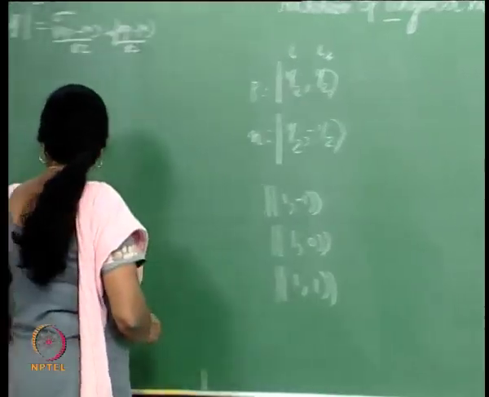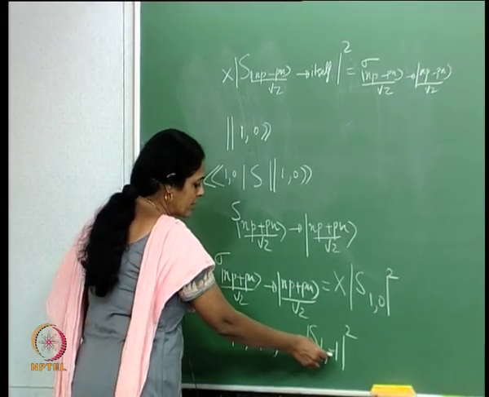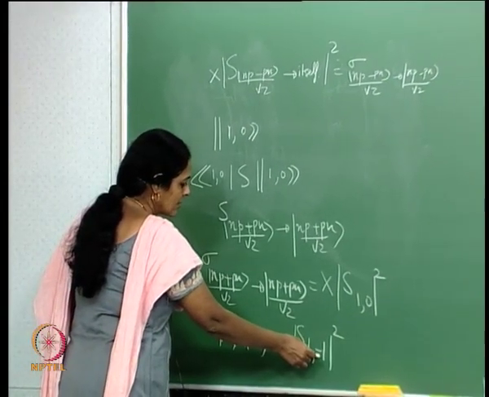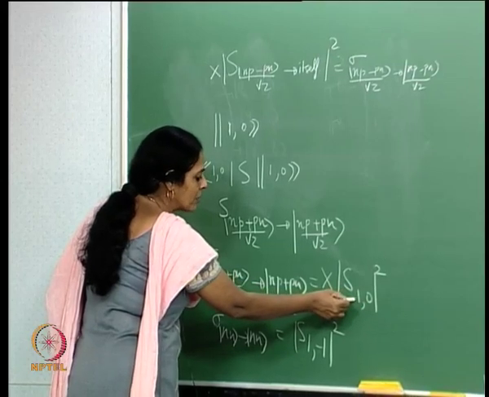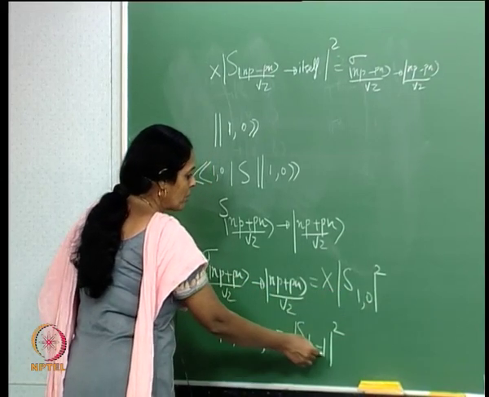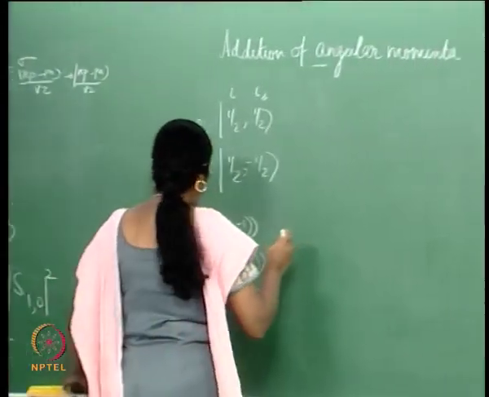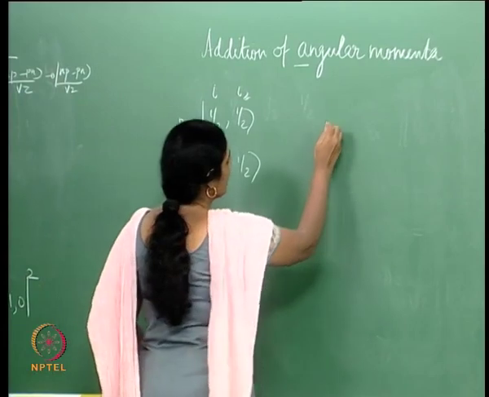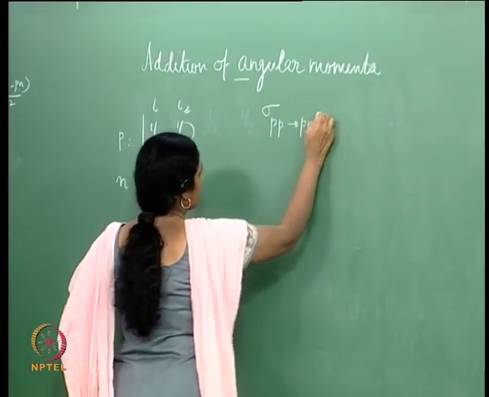I will drop the third component because it does not matter, cannot see the difference between the coupled state 1, 0, 1, minus 1 and 1, 1, and therefore, the cross section can be now written in the following manner: sigma pp going to pp